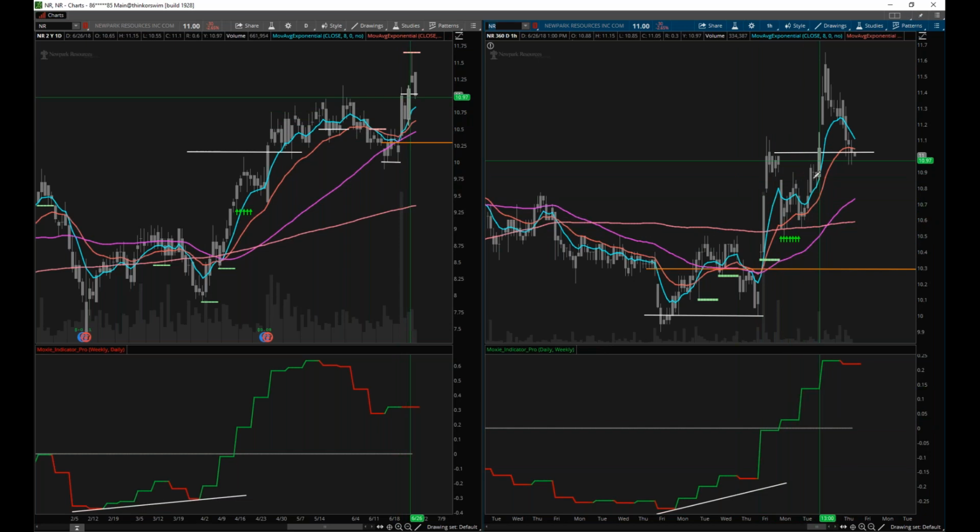And I wasn't paying too much attention. I didn't catch it till the next day. And so this is where I purchased. I had one day of glory, and now it came back down here. So I'm back to break even, but so far so good. Price is still above the hourly 50. It's still above the 200. Moxie indicator is still above zero. This is just the normal ebb and flow of the market, and I'm not too worried about this thing. So that's one move that worked out.